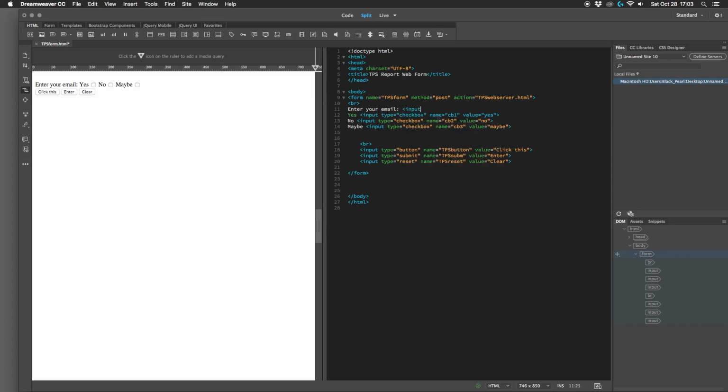input, and we're going to make the input type text, and we'll give it a name equals email, and then the value will be email address. And then after that, we'll close that and say,